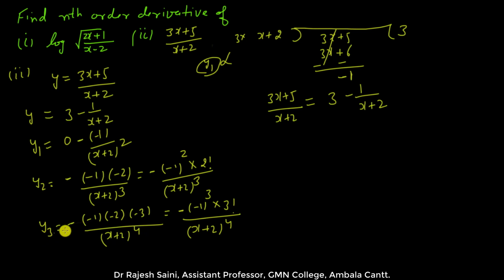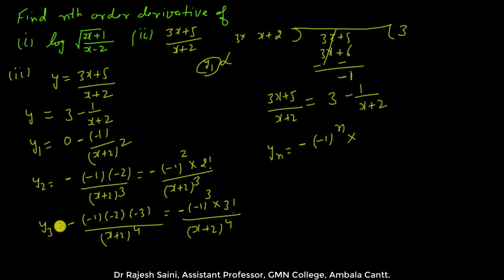So now I will emphasize one point. Look over here, when y3, minus is here; when y2, minus is here. So whenever I write the generalized nth order derivative, whenever yn is taken, minus will be here. When it is 3, minus 1 raised to the power 3; when y2, minus 1 raised to the power 2, and when it is 1, I will be writing minus 1 raised to the power